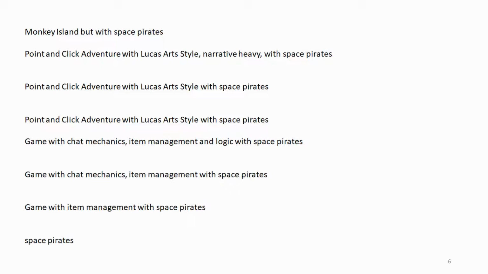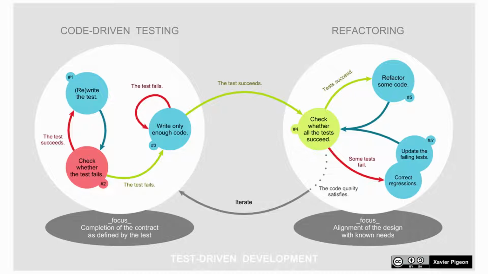I don't want to say find the whole Monkey Island, but with the Space Pirate out, you should be able to find out just the Space Pirate thing. And then the next steps, you need to find an idea of this too. So a game with item management: I'm not sure how many tutorials you have seen, but I see like 1 tutorial, 3 tutorials. And when I think about this, I think this would probably take me like 2 hours, 3 hours, following just tutorials. Okay, step number 4.